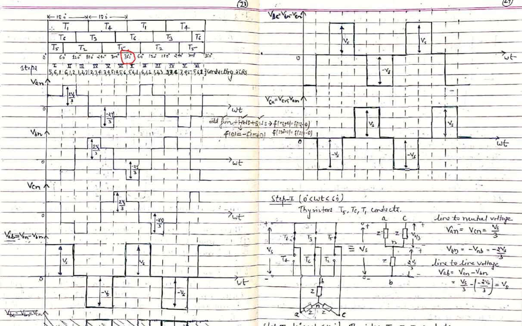So we will know T1 is conducting for a duration of 180 degrees as the pulses are applied to T1. So T1 will be conducting from 0 degrees up to this 180 degree point, from here to here. And after this T1, there is T4. T4 will be in the negative group.